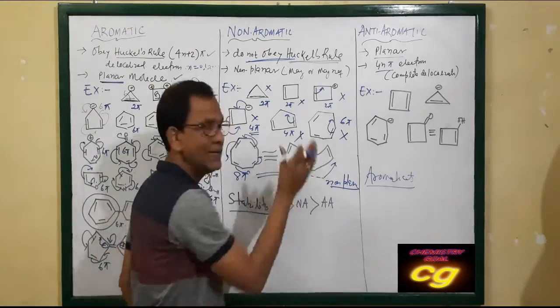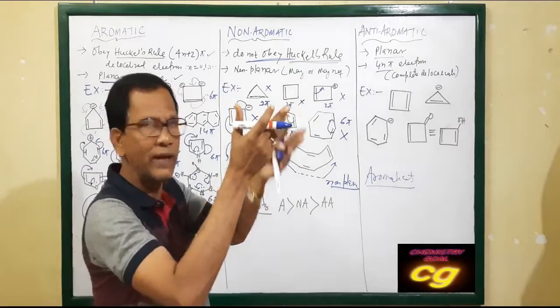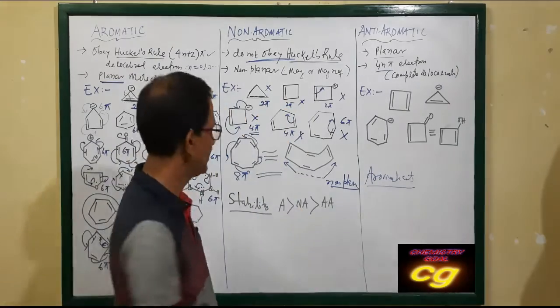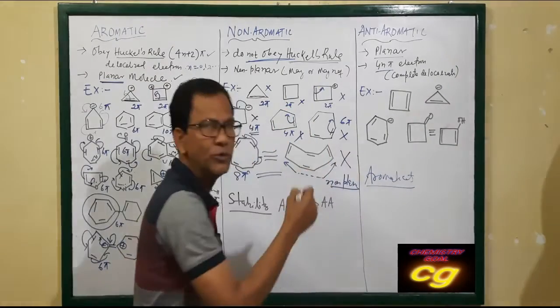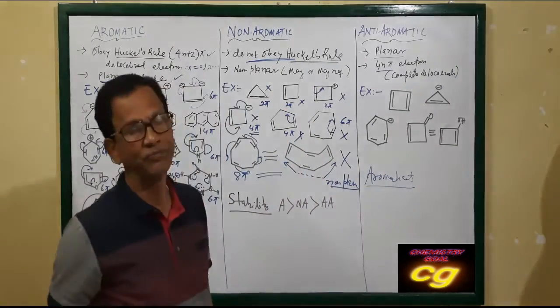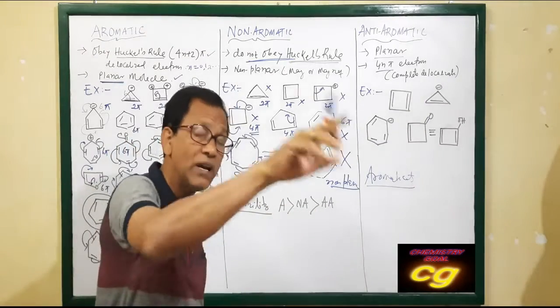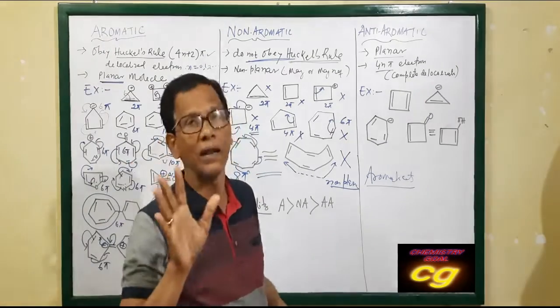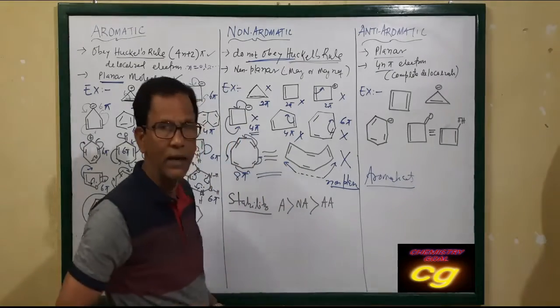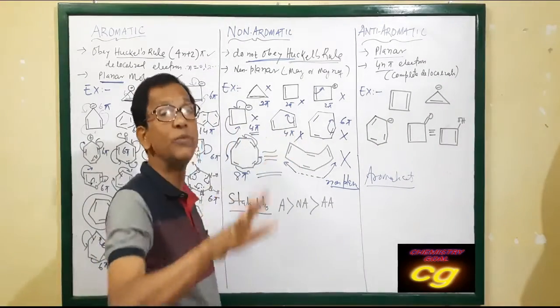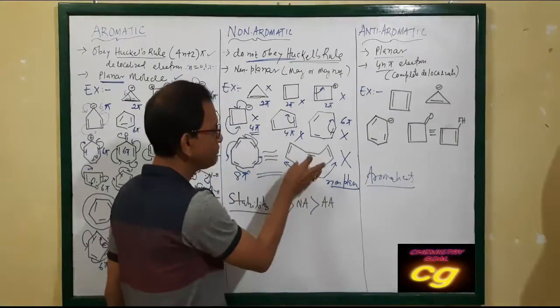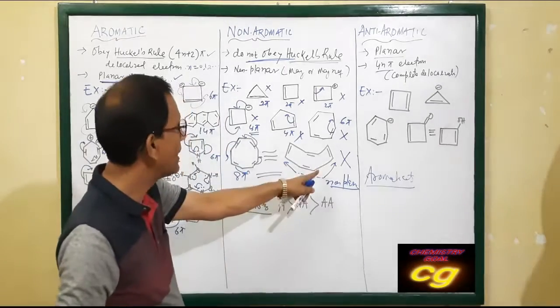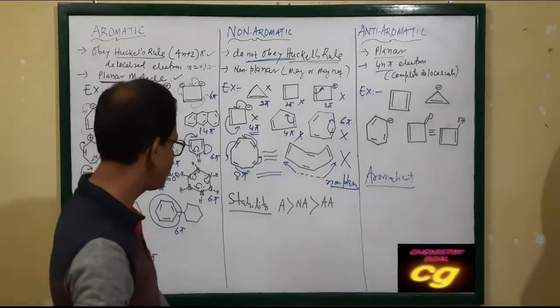As these two sides are in different planes, they cannot be delocalized. Delocalization is not possible because it is not in plane. If they are in plane, then delocalization takes place. Resonance takes place when the molecule is planar. If the molecule is not planar, the pi bond cannot be delocalized. That's why it is non-planar, so non-aromatic.